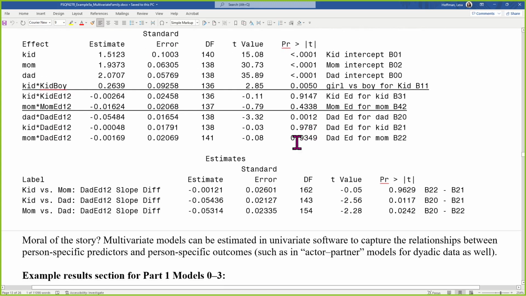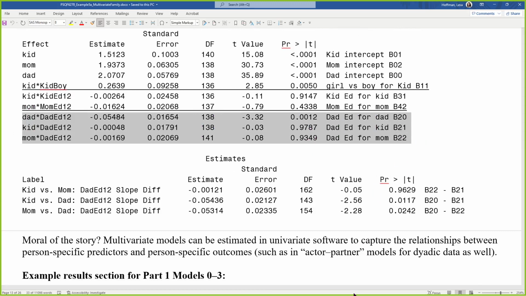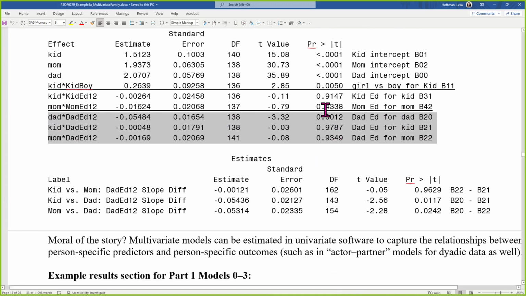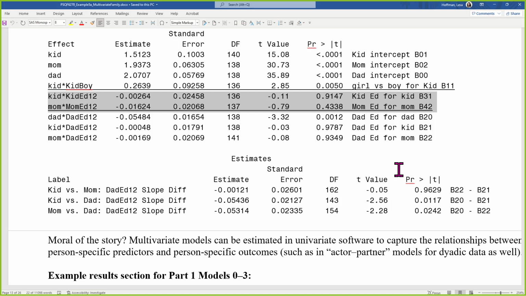All right, then here are the 3 effects of dad's education on each person. So the first one we had before. I also left in the effects of their own education as control variables, because what they wanted to ultimately say is that dad's education has an incremental effect beyond your own education in predicting conservative marital attitudes. So I had to leave these in order to make that claim.